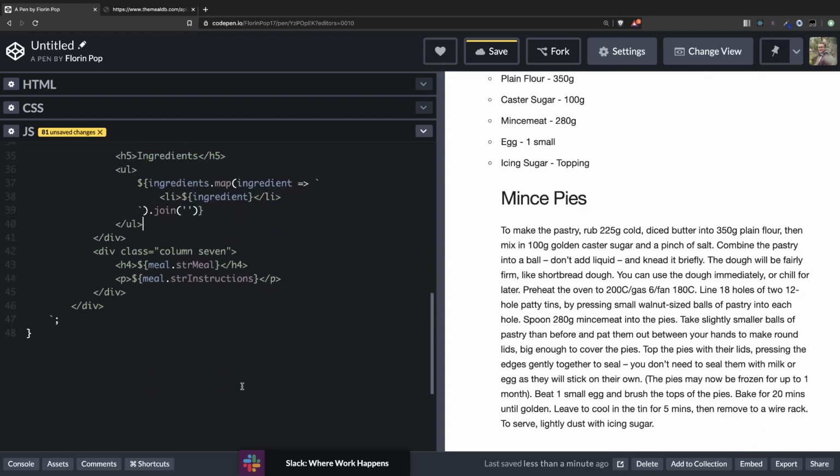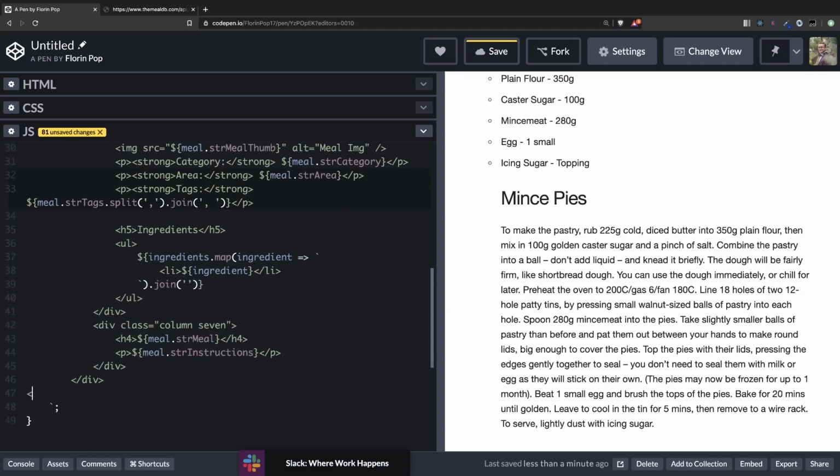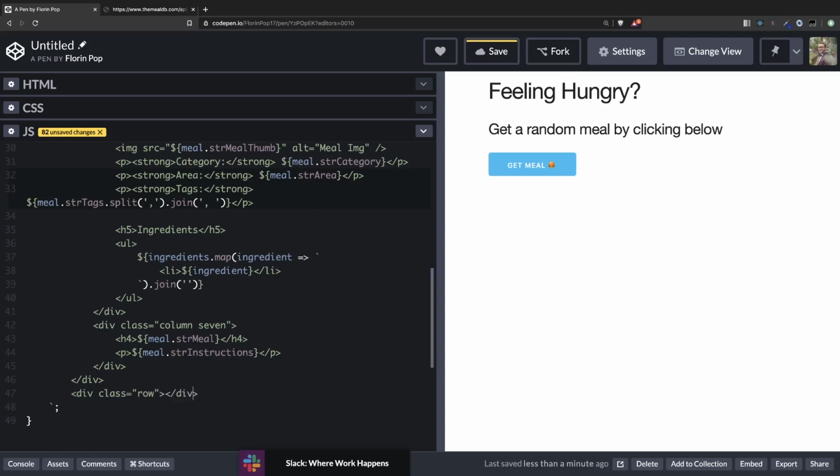One last thing to have here will be the video. So let's add it below here. Let's see, we have a row. Let's create another row underneath here. So div class row. Okay. And here we'll pass the video, which will go inside an iframe. Let's see, we're going to have an h5 tag, which will say video recipe. So just a little title here,